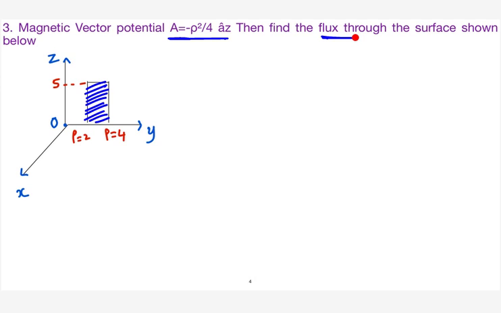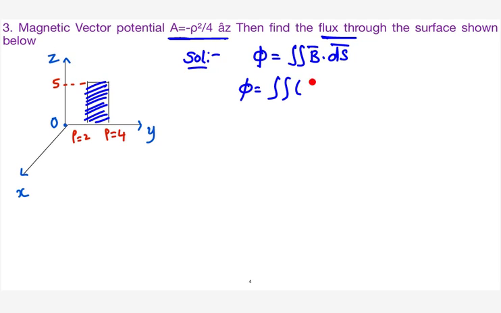So first of all, what is the relation between the magnetic flux and vector potential? We know there is a relation between the magnetic flux and the magnetic flux density, right? The magnetic flux is the flux density multiplied by the area. We know that rule, right? And in turn, you know that the magnetic flux density can be found by the curl of the vector potential. So this is the formula straight away. So first you take the curl of this vector and multiply with ds.